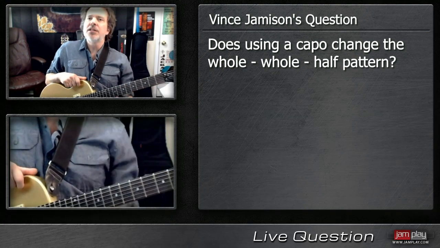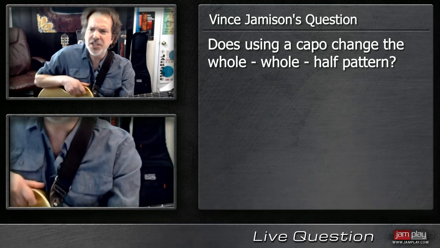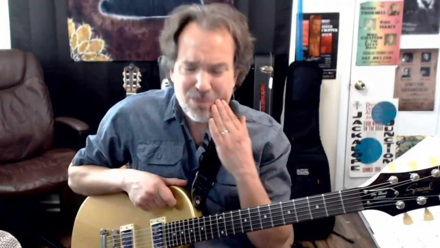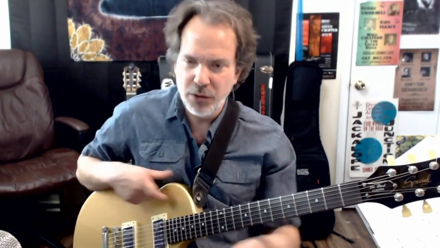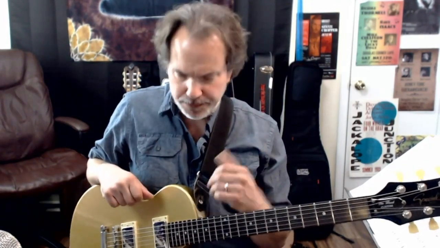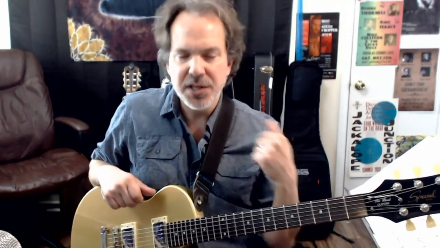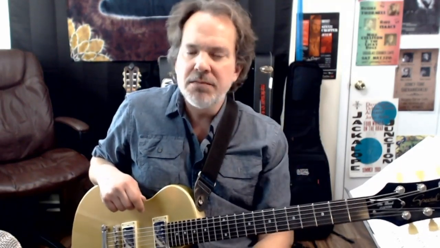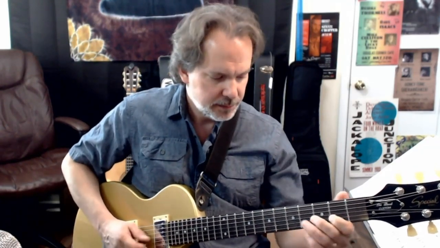And this is one of the things that people use capos for. It's not just for changing keys. Classical guitarists will sometimes use a capo on the 3rd fret when they play lute music because a lute was a smaller instrument and had a smaller scale, so it changes the tone. So it changes the sound and it changes the pitch, but when we talk about the scale, the whole and half step patterns, remember that we're talking about a set of relative relationships. That's the whole idea, that no matter where you start from, whole, whole, half, whole, whole, whole, half is consistent for a major scale. So it doesn't matter if I start from an open string,